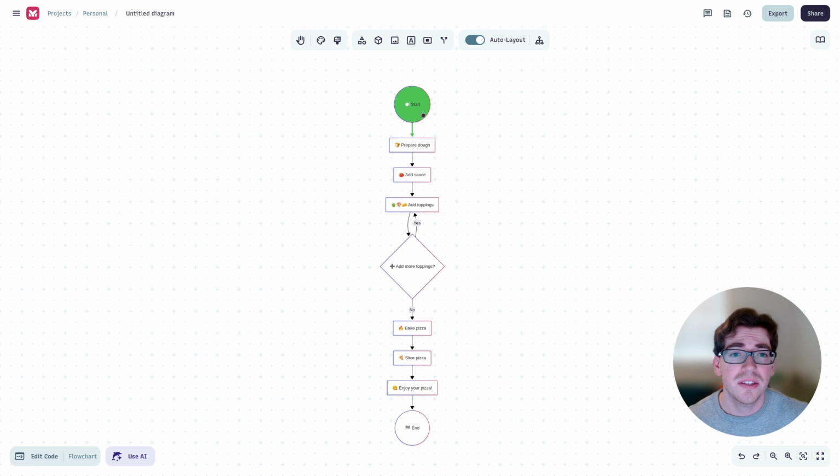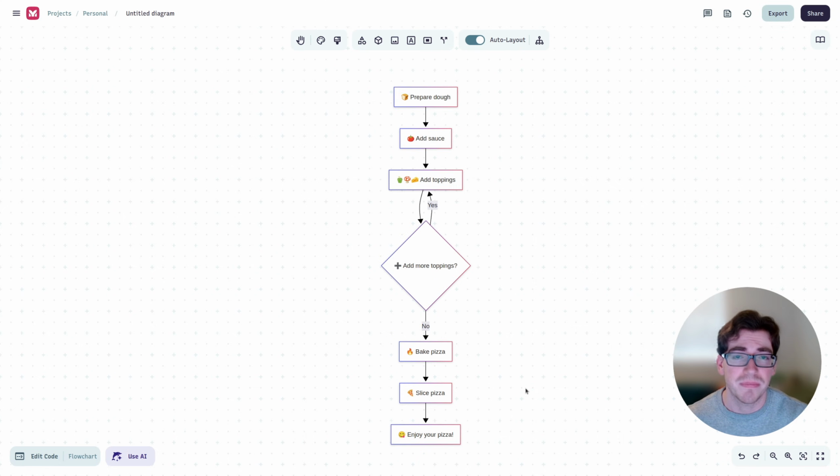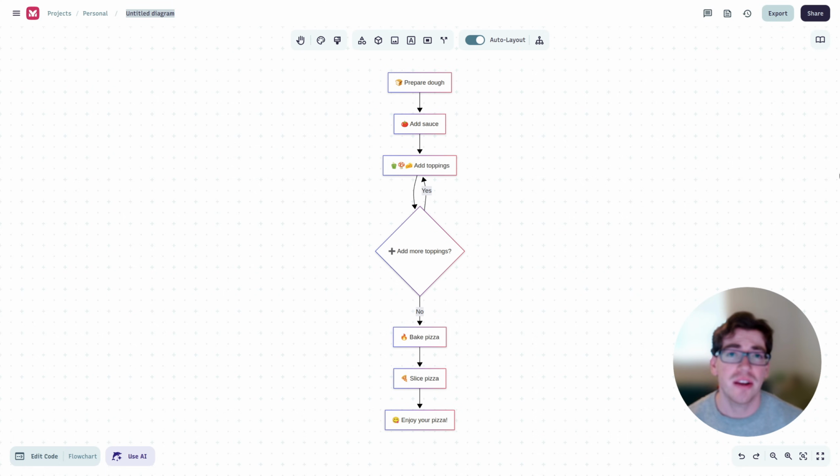So since we don't really need the start and end nodes here as they're kind of irrelevant, I can just left click on this, delete the node, or I can select this node and hit the delete key on my keyboard and it'll delete it as well. And then real quick, checking back on the code, you can see that those nodes that we deleted are no longer present here as well. So just like the code affects our visual diagram, the edits that we make using the visual editor reflect in the code as well. So those are the 3 ways that we can edit our diagram in Mermaid,